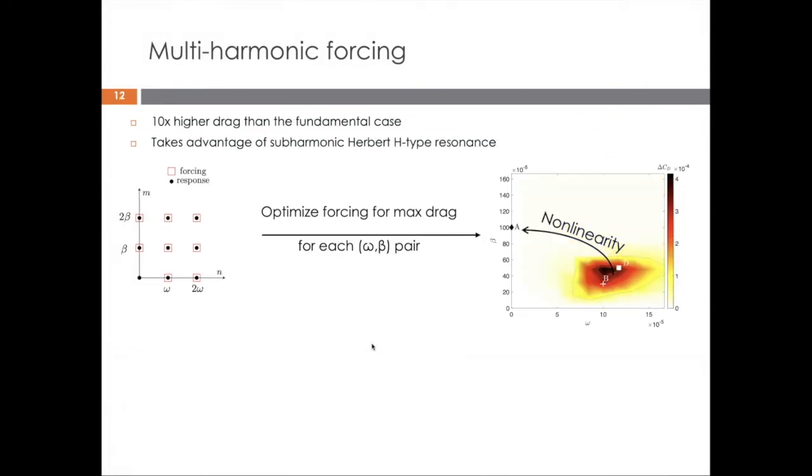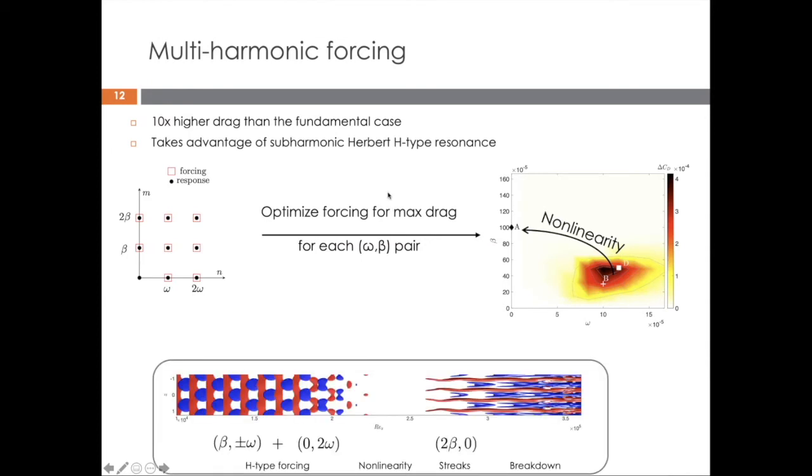And now we can expand the forcing and we can assume even more harmonics. So in that case, we assume 2 harmonics in frequency and spanwise wave number. And actually the gain map, what is the frequency and wave number of the most dangerous mechanism, more or less coincides with the one we found before, but has 10 times higher efficiency for promoting transition. If we look at the resulting structure, we can see that it's a combination of an oblique wave,